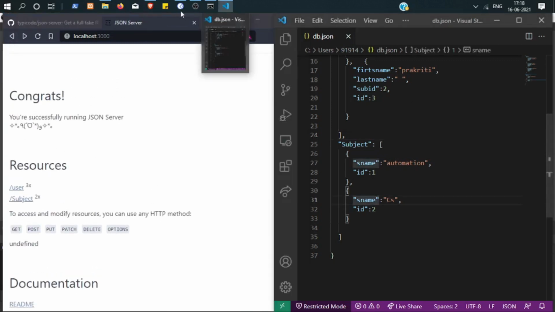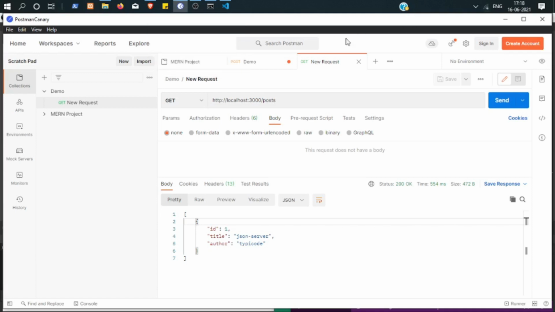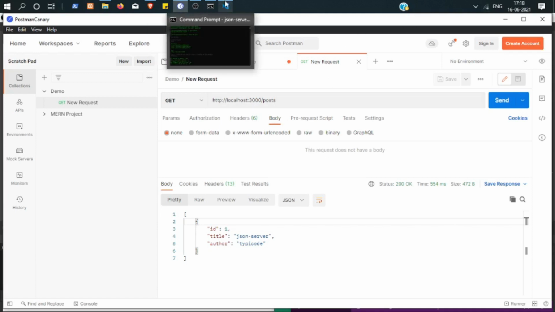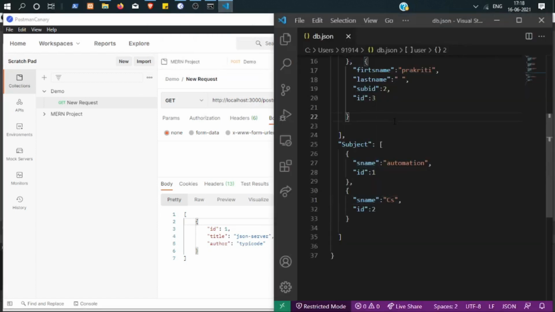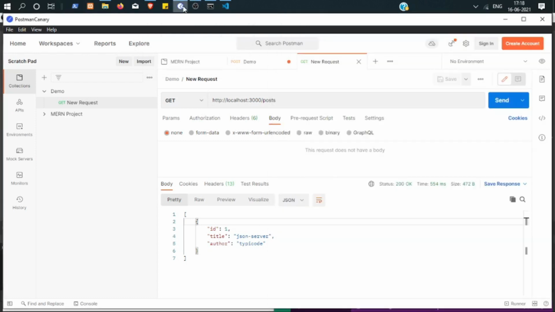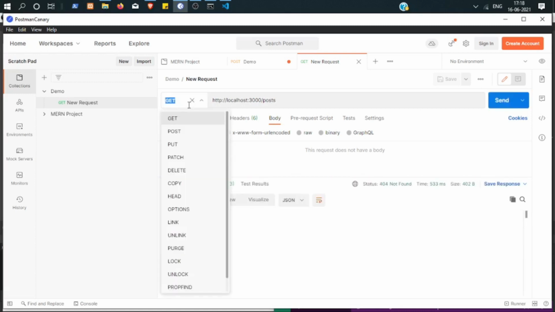Okay, now let's get back to our Postman and make some requests, or you can say the CRUD operations that we are going to learn. First, let's see how you can create a request. This is how you can create a GET request. This is a method by which you decide what you want to do.